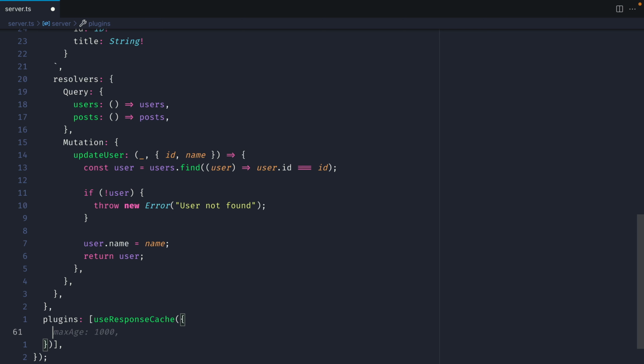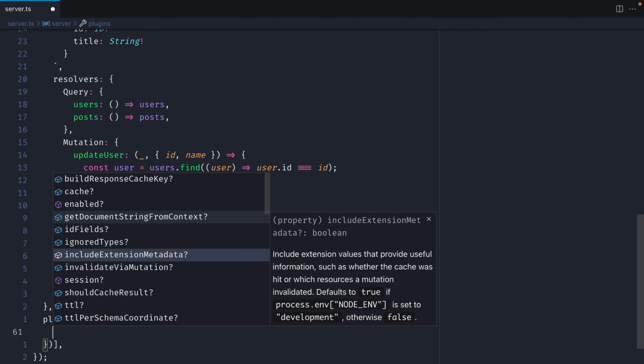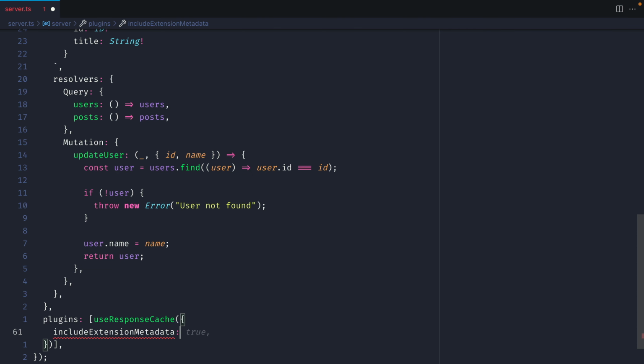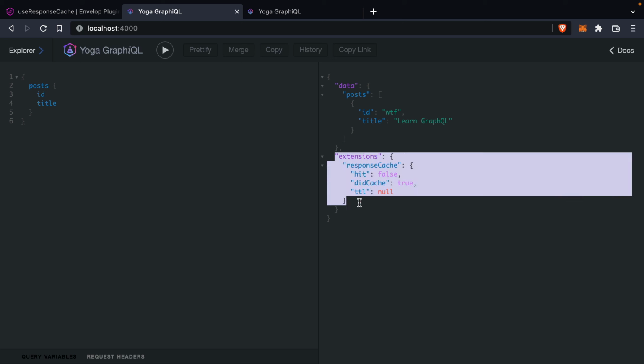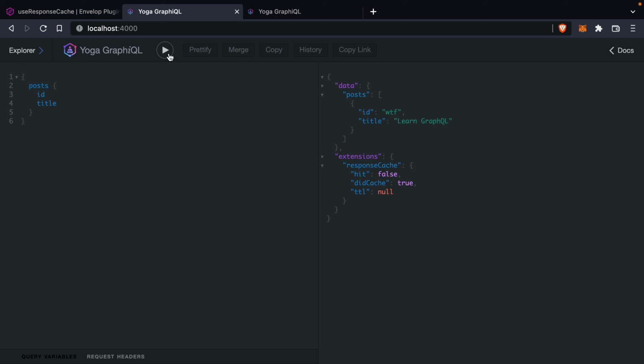Now you don't have to take my word that this is actually happening. We can actually include the extension metadata as a configuration to the useResponseCache object. Now if we go back and make a request, we'll see inside of extensions here that we have a cache hit false. If we run this once more, you'll see that we have a response cache hit true. And if we continue to run this, that will be now hitting that cache every single time we go to